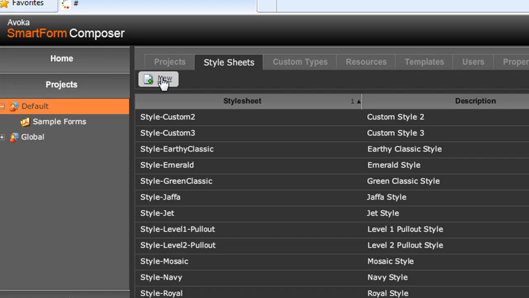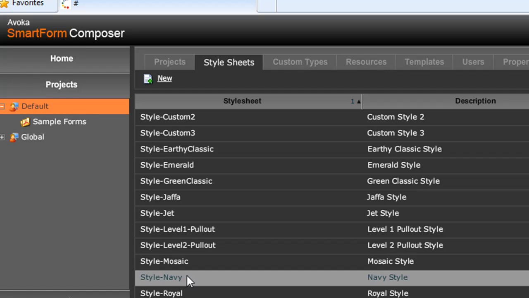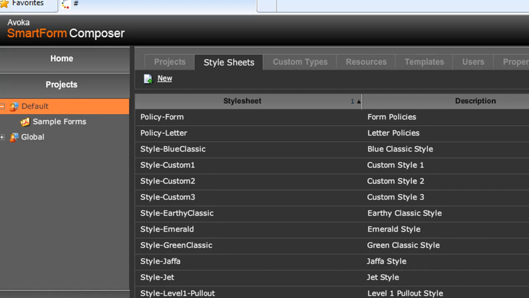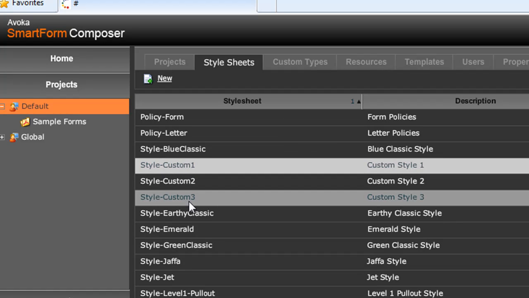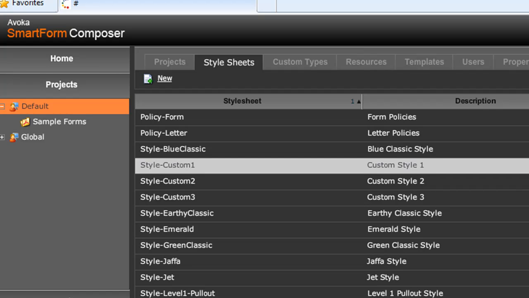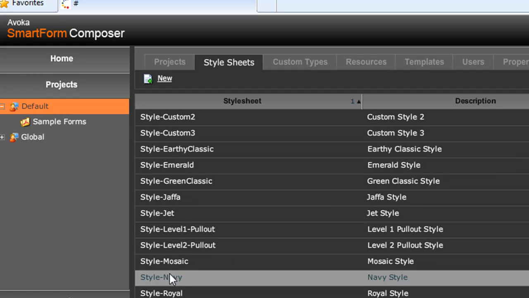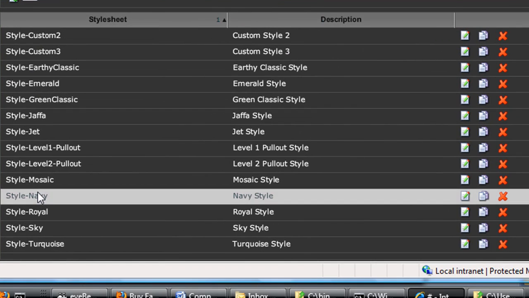One last thing is that we'd encourage you not to actually modify the style sheets that we provide to you, but rather, if you do want to play with your own style sheet, notice that we've given you a number of custom style sheets, style sheet custom 1, 2, and 3. And our recommendation is that what you do is select a style sheet that is close to your needs,